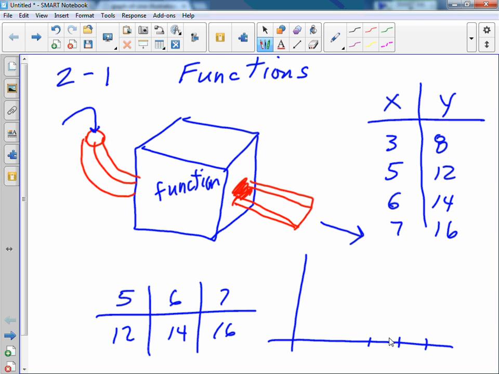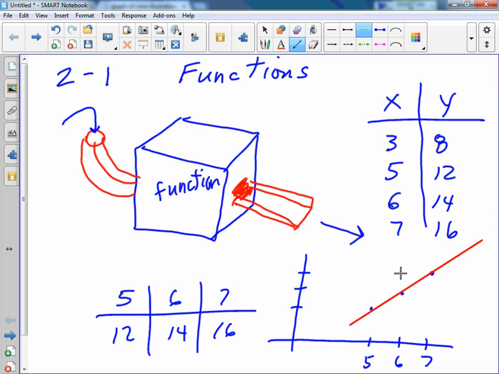Staying with it? 12, 14, 16. 5, 6, 7. What kind of a function does that appear to be? A linear, yeah, good. It appears to be a linear function. We don't know what kind of a scale we have here precisely, but it does appear to be a linear function. Another way we can look at that, which you had in Algebra 2,